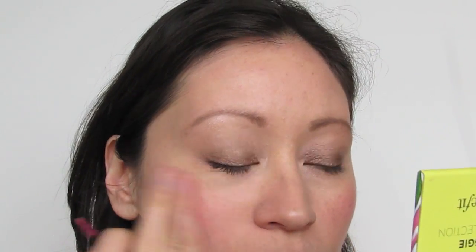for that flush look. And then I'm also going to put a little bit on my lips, and then I'll give them a little bit of a rosy look. And that'll last, so when I put the gloss on, when the gloss wears off, I'll still have a little